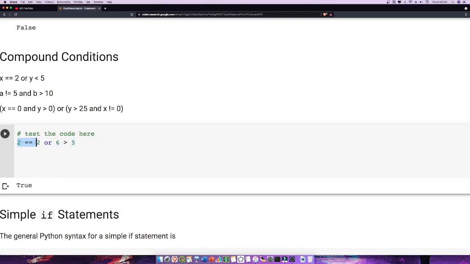Or shall we say this is true and this is false? So let's have this as 1. Is 1 greater than 5? No, it's false. So we have false here and we have true here. The result will always be true. So that's it for the or